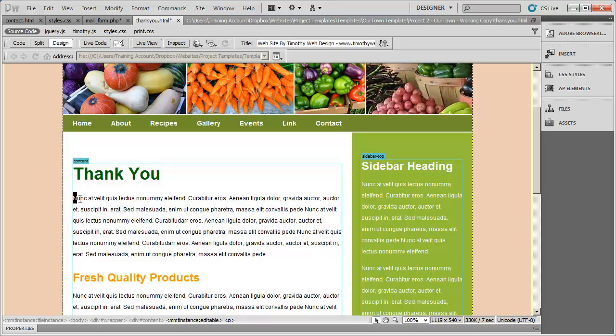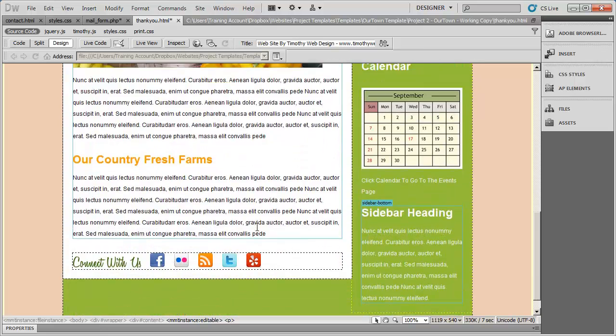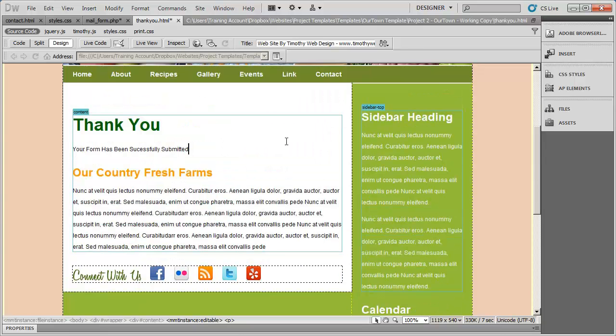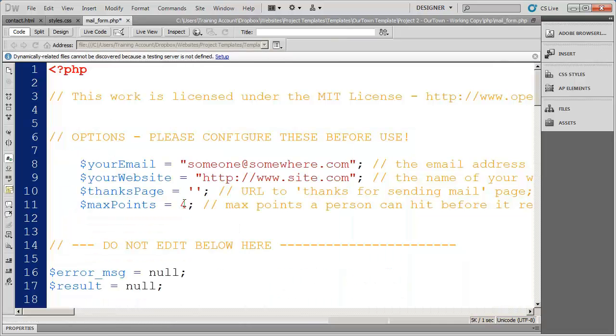And your form has been successfully submitted. And I could delete the rest of the information from here if I wanted to. But you just need to make yourself a thank you page. And then after that, you're going to go ahead and put the name of that thank you page and the path in there. And in this case, it's going to be